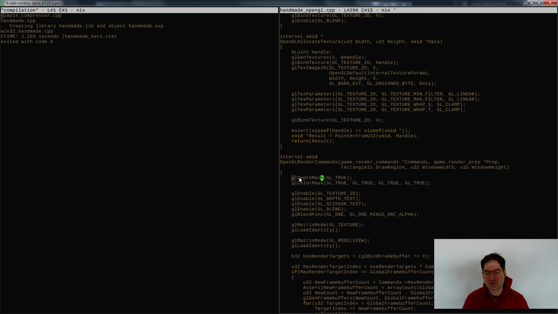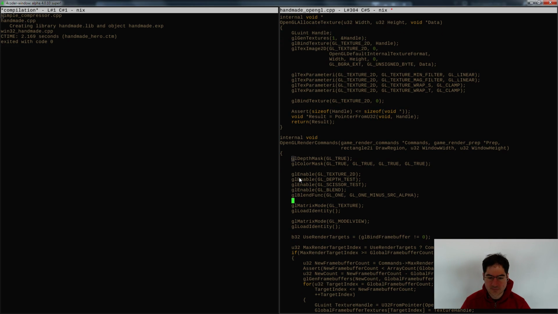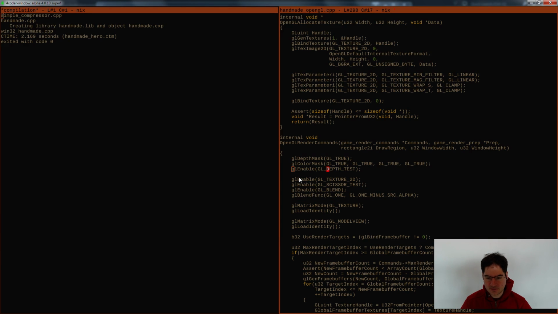You can change what you're writing to at any given time and decide not to write colors. So you can just write depth if that's what you want, and vice versa. You can choose not to write to the depth buffer, only read from it, for example, and write colors, et cetera, et cetera. But basically, taken together, this sets up the entire drawing situation that we're working with. Now, there is one caveat here, which I can